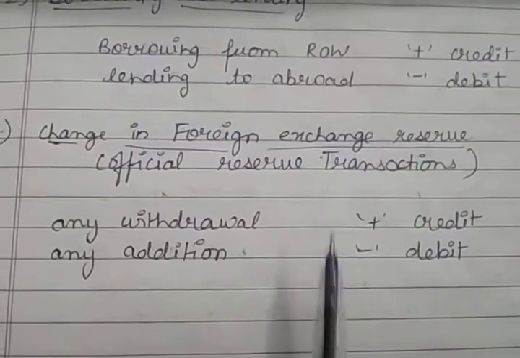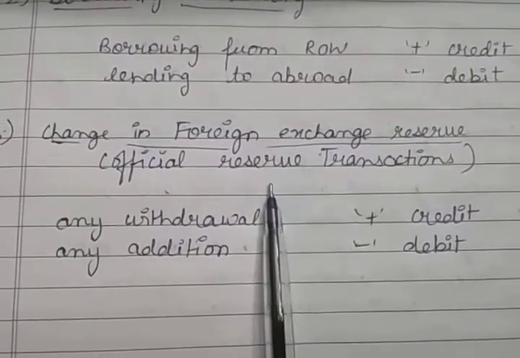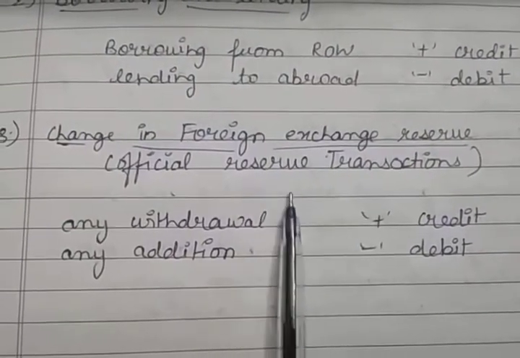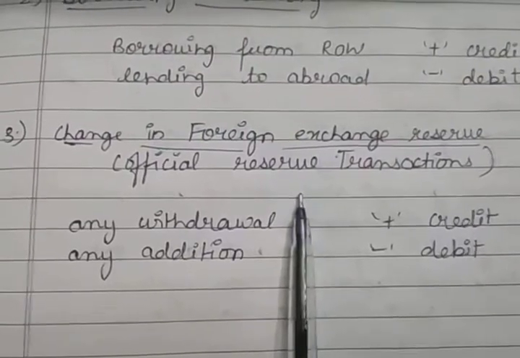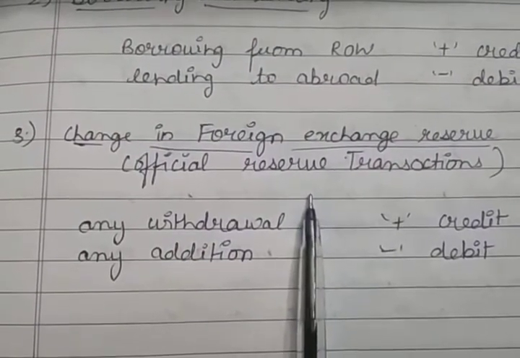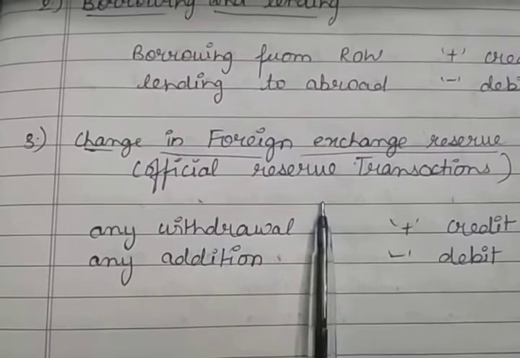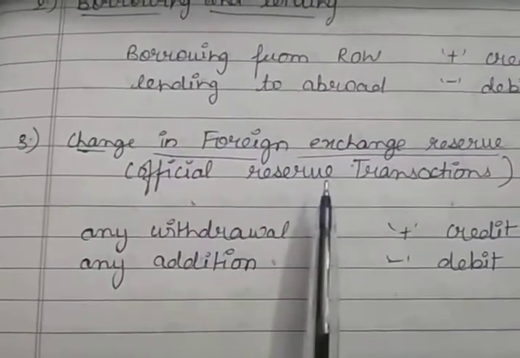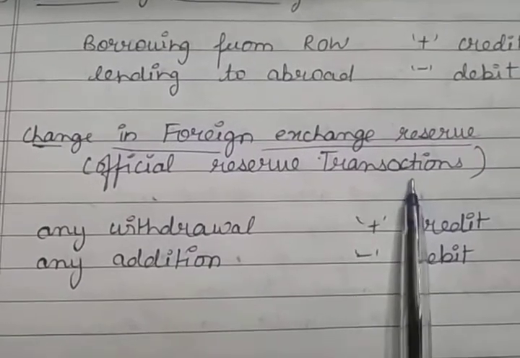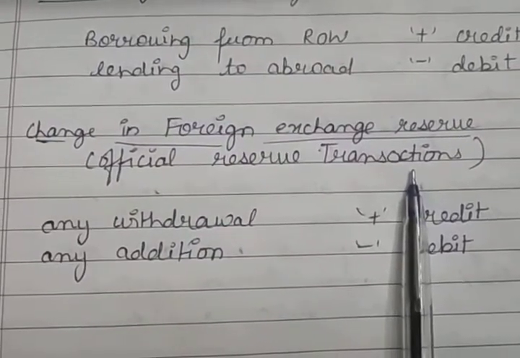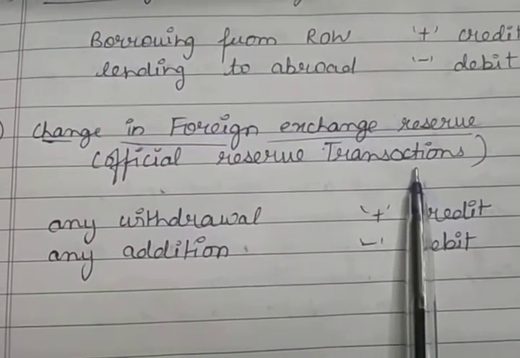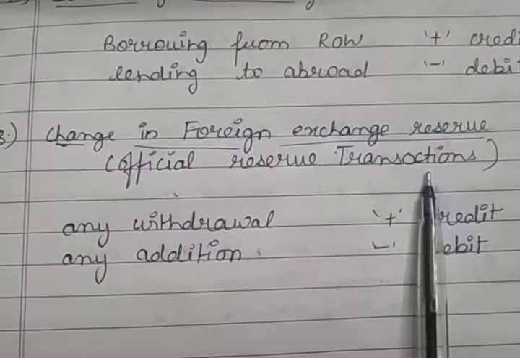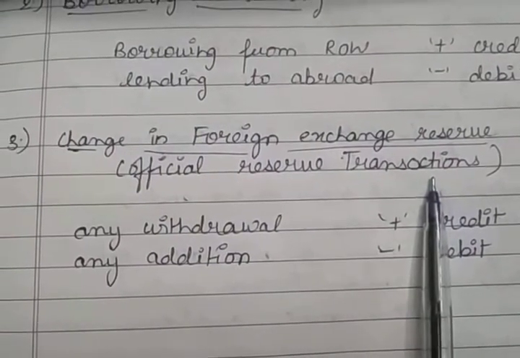And if there is any surplus in the balance of payments, the central bank may use the surplus to purchase foreign securities, foreign currency, gold, etc., which may result in an increase in the reserves of the nation. The foreign exchange reserves are the financial assets of the government held by the central bank of the country.